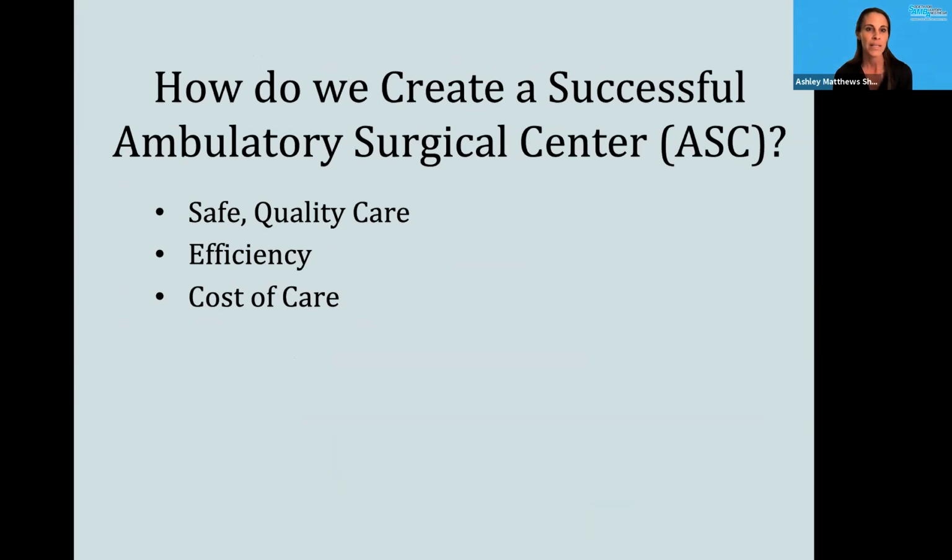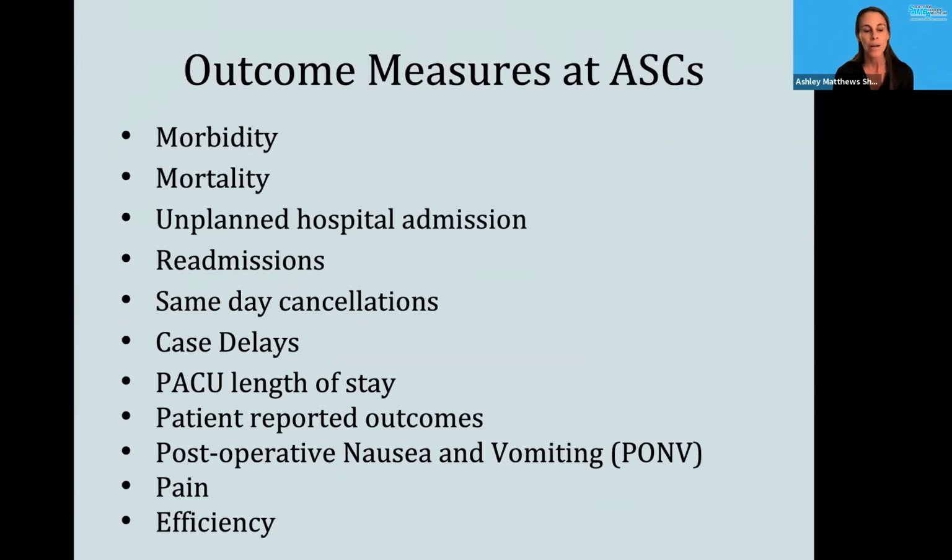So the question is, how do we create a successful ambulatory surgical center? And I like to think of it as kind of falling into three categories. The most important being providing safe, quality care, but also efficiency is critical, and then providing good cost of care. So when we want to talk about, what is a successful ASC, there's so many different outcomes we can look at with morbidity and mortality